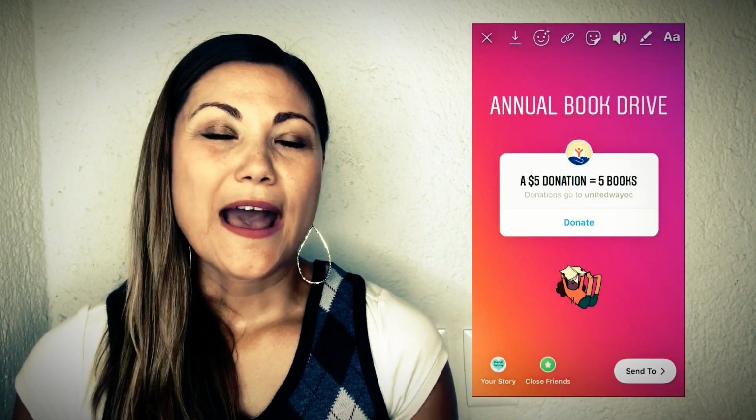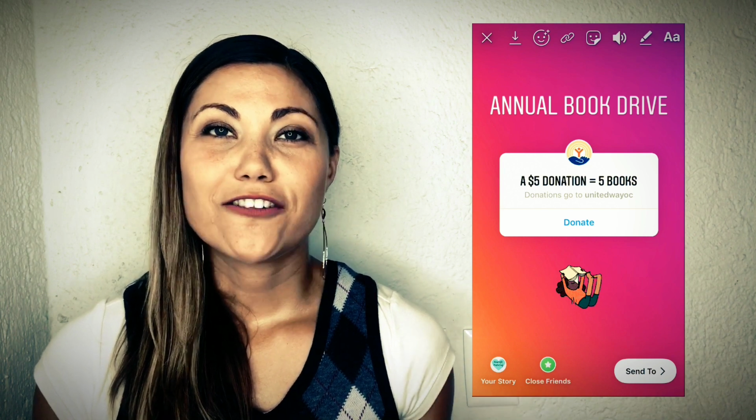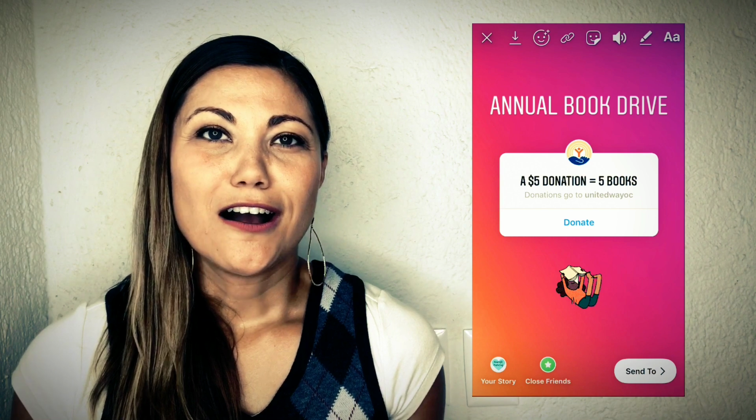When you click the donation sticker, it's gonna then let you add your fundraising title. And so we did, a $5 donation equals 5 books. And then we added a sticker of a child reading. Now, this is all you have to do to set up your donation sticker and to get donations on Instagram stories. So once you have that set up, you just click share, and it's gonna live in your story for